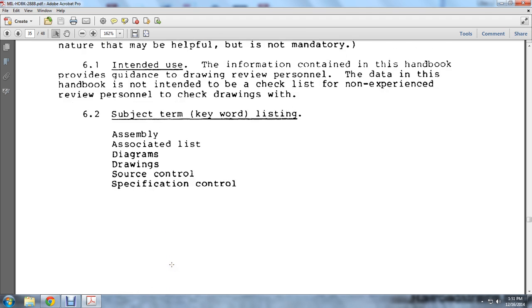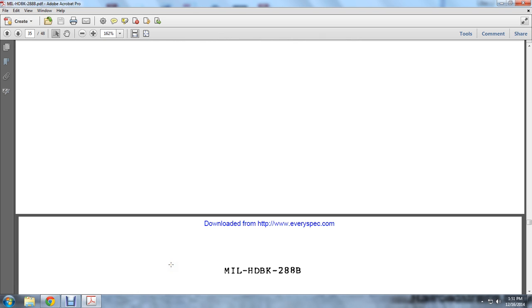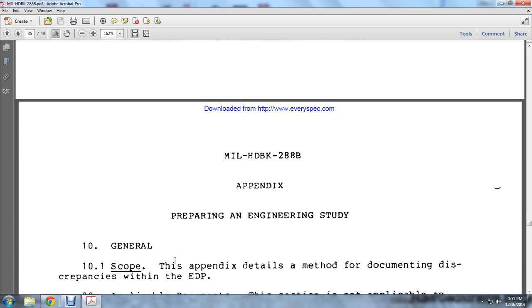Source controls, specification controls. The appendix is preparing